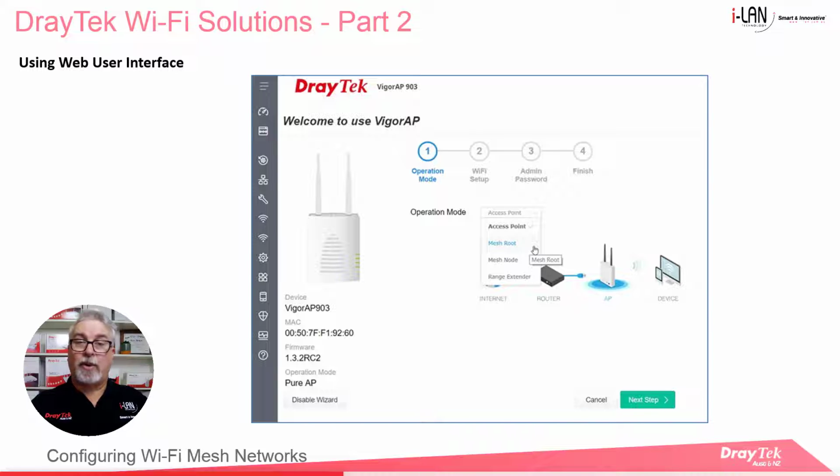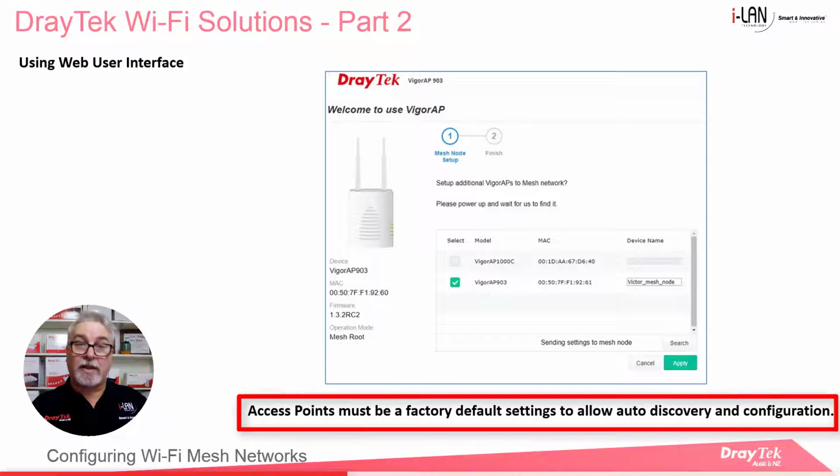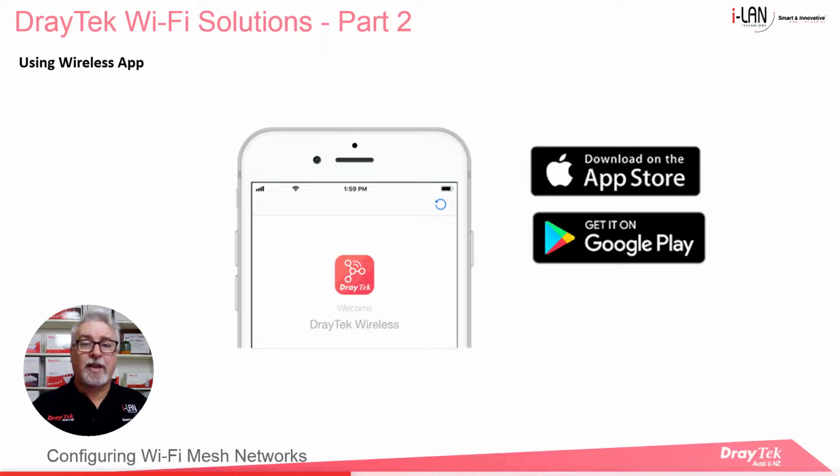The mesh root AP will search for available APs nearby. Next, select the access point you want to add as mesh nodes to the Wi-Fi network. Note that the access points must be in their factory default settings to allow auto discovery and configuration. Alternatively, DrayTek has a wireless app for both Android and Apple iOS devices, which can also be used to set